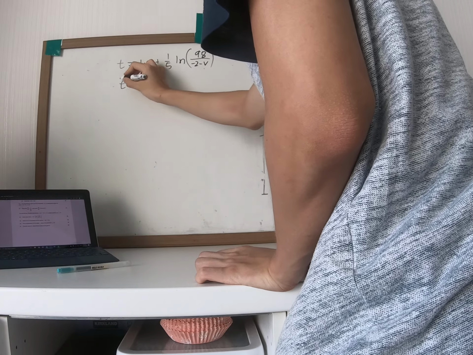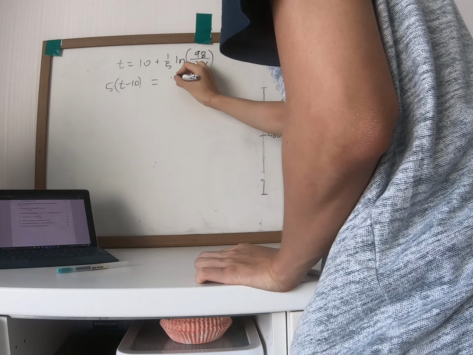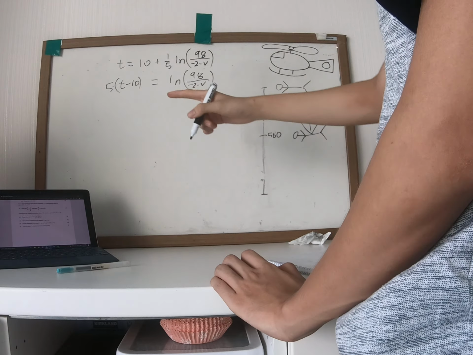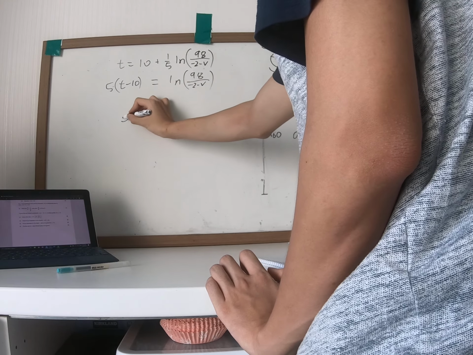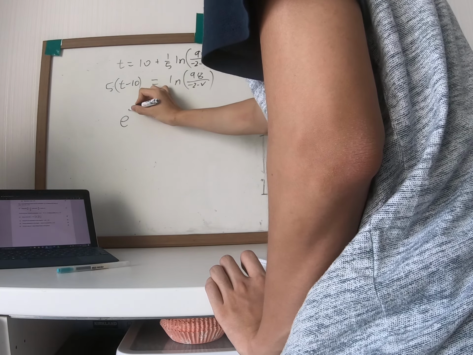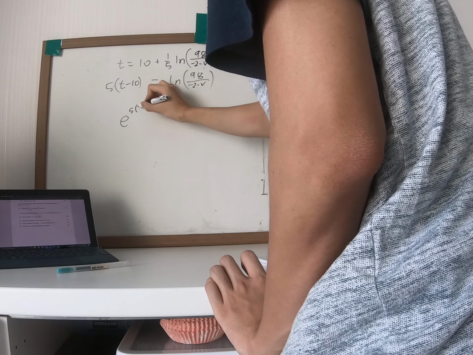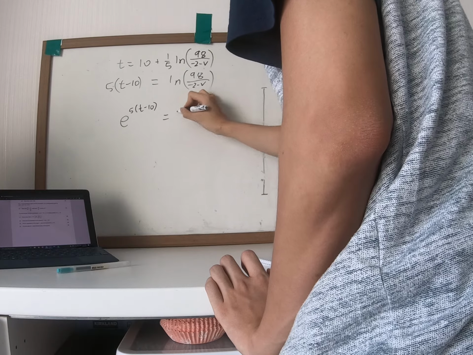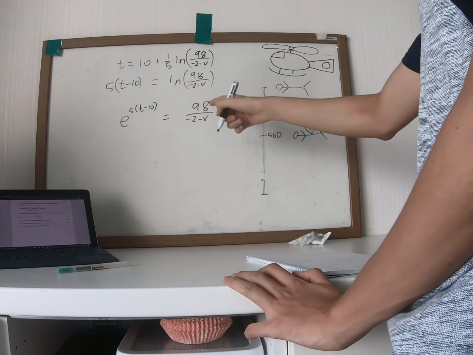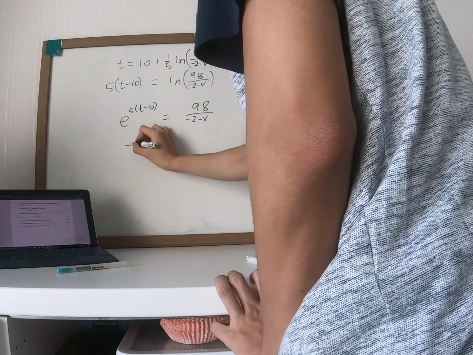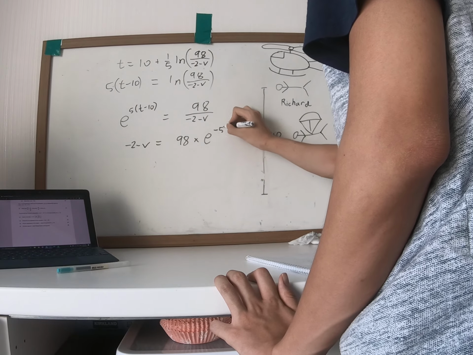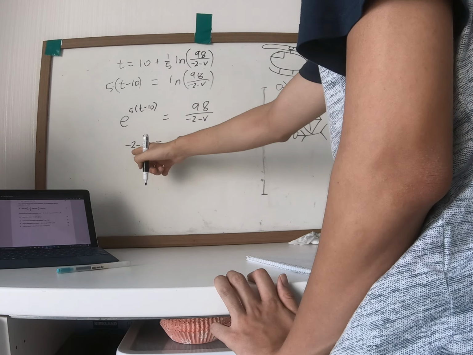t minus 10, bracket, times 5 equals ln of 98 over negative 2 minus v. And since we can change this into e, e to the power of 5 times t minus 10 equals 98 over negative 2 minus v. We can switch around and get negative 2 minus v equals 98 times e to the negative 5 times t minus 10. And just move it around, multiply